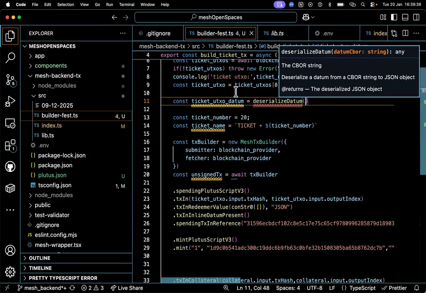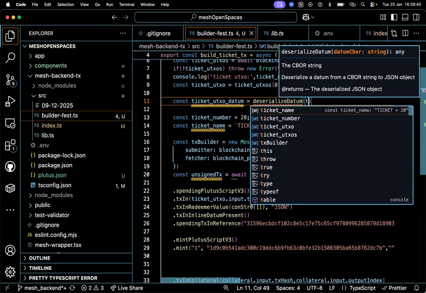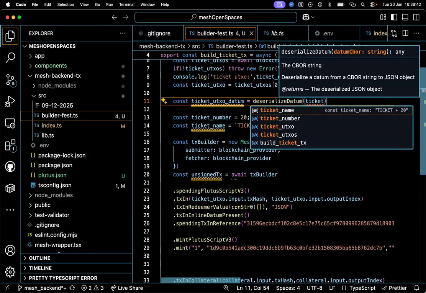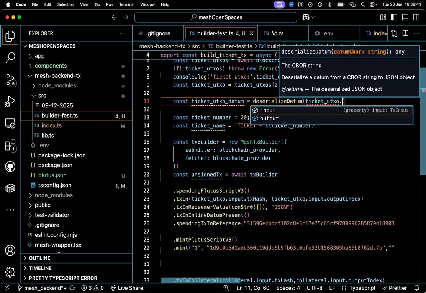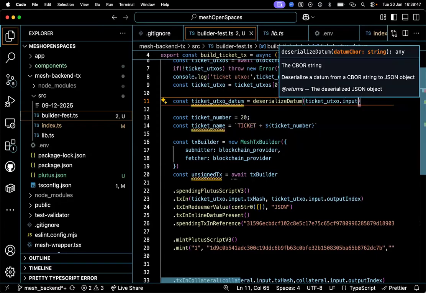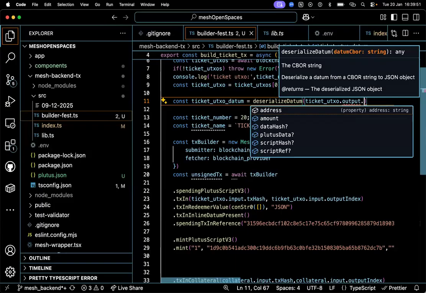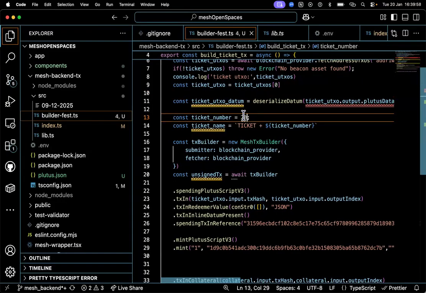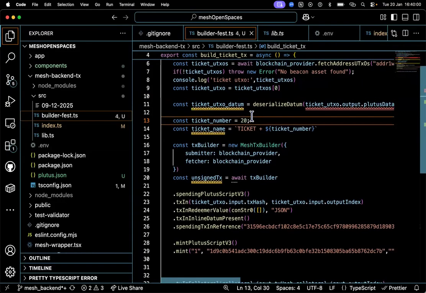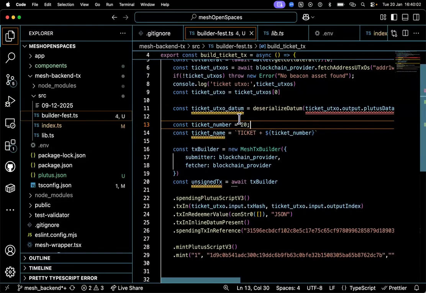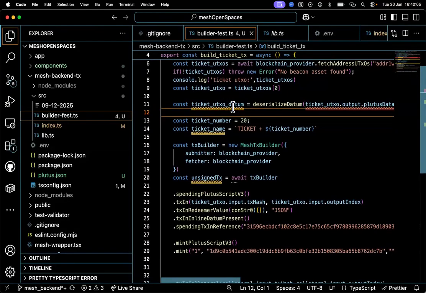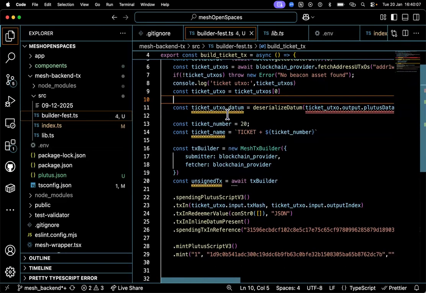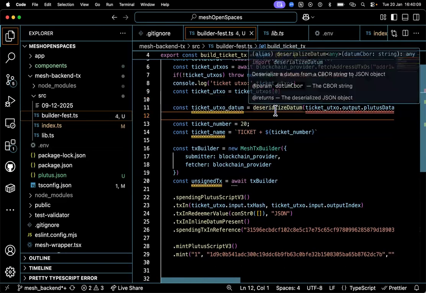And we'll be passing in the ticket UTXO dot output. Sorry, I don't know if I'm making sense. No, it's making sense, because I'm just hard coding this 20 and I want to get the previous state of the ticket. Exactly. So once you have deserialized the datum, it is ticket UTXO datum plus one.